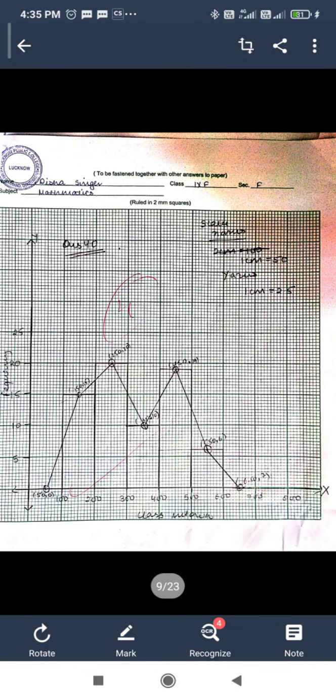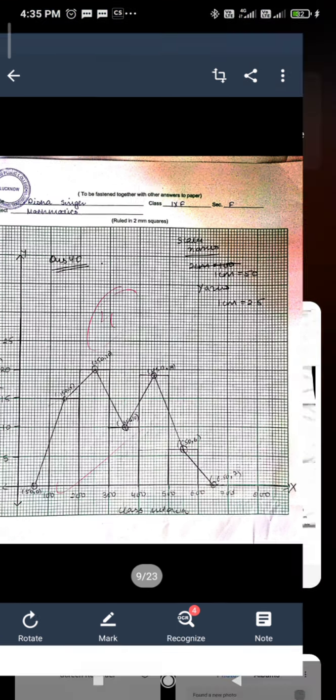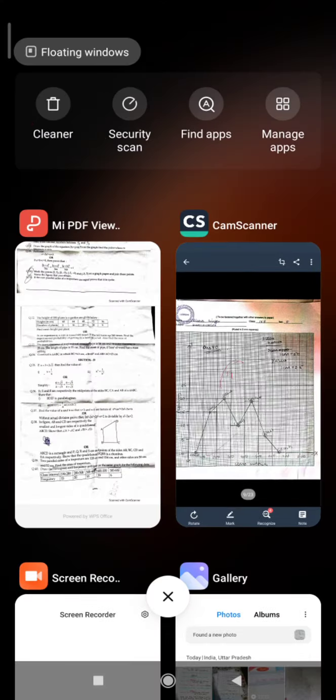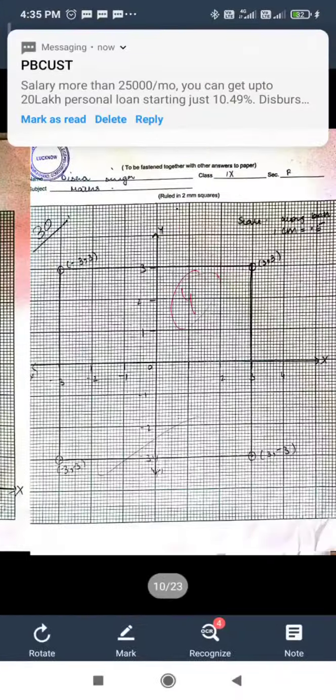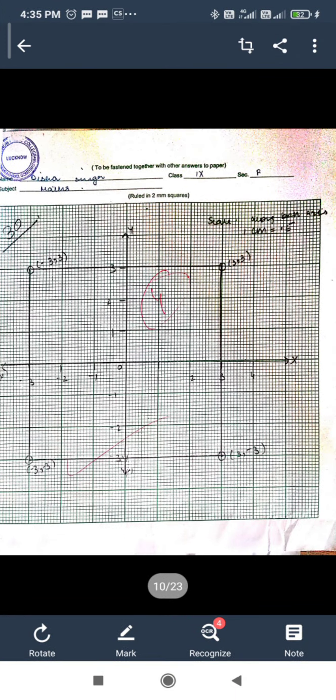In question number 40, frequency polygon is not in your course, histogram is drawn. So you can only see the histogram, scale is written, x and y is written, according to the values she has drawn the histograms. After question number 40 we will do the graph questions, other graph questions also. This is the same histogram: class interval, frequency, x and y, scale, all these things are important.